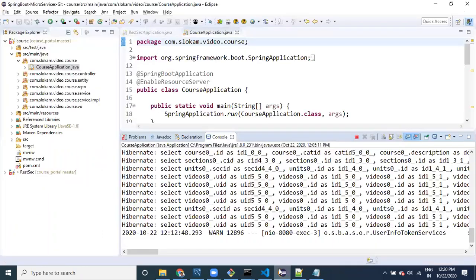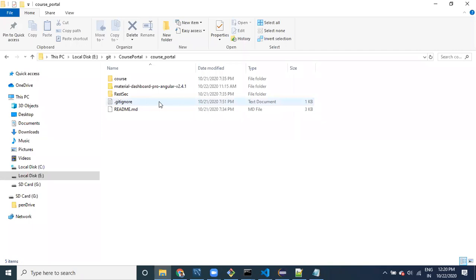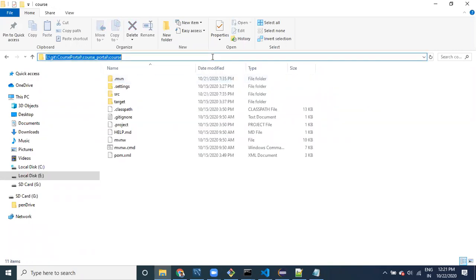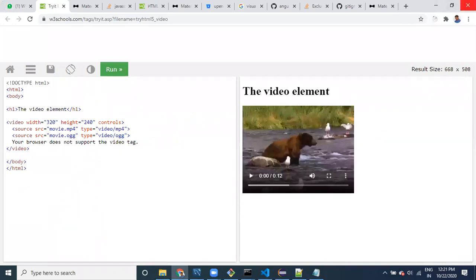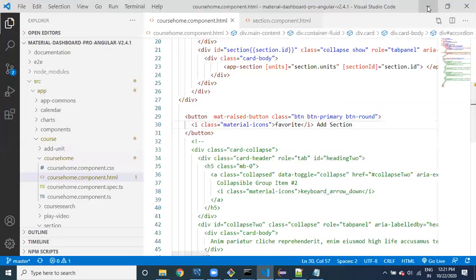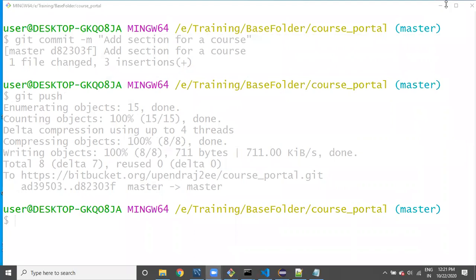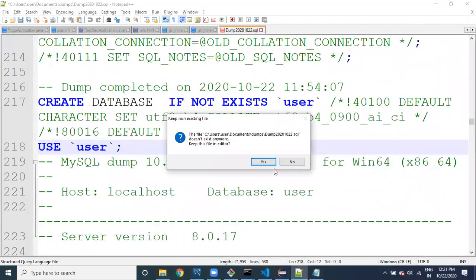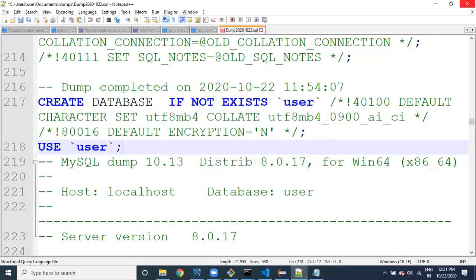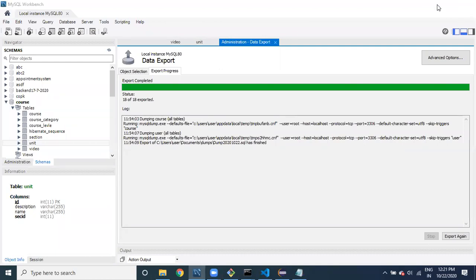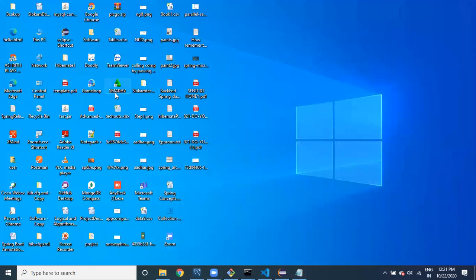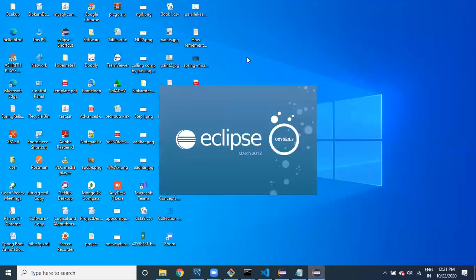So assume one Eclipse for one user, and another Eclipse for another user. Let me open another window of Eclipse. Give me a second. Close this, it is not required for us. Let us go to the Eclipse and then click on Eclipse 2.